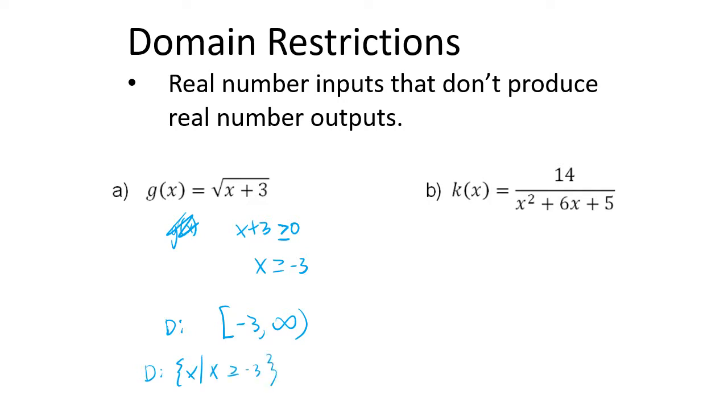Okay, so that's how you find the domain of something that has a radical, a square root in it. Now, what about when you have a denominator? Well, again, x needs to be anything that is not these numbers. So let's think about what that means: anything that doesn't make the denominator 0. The denominator of this is x squared plus 6x plus 5, and that is a